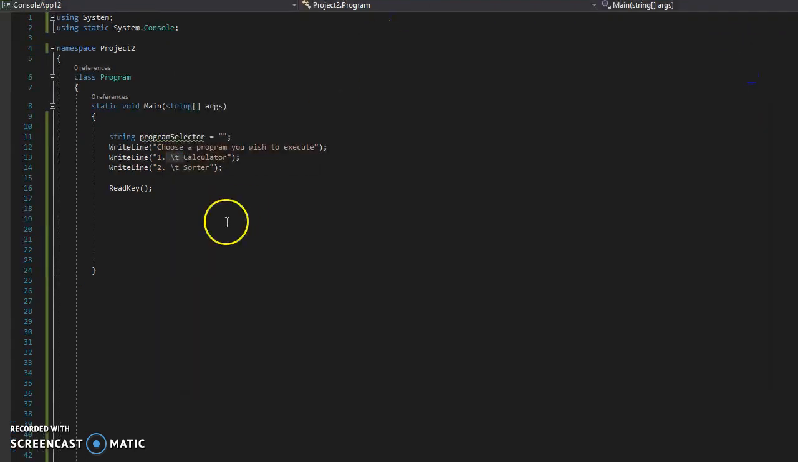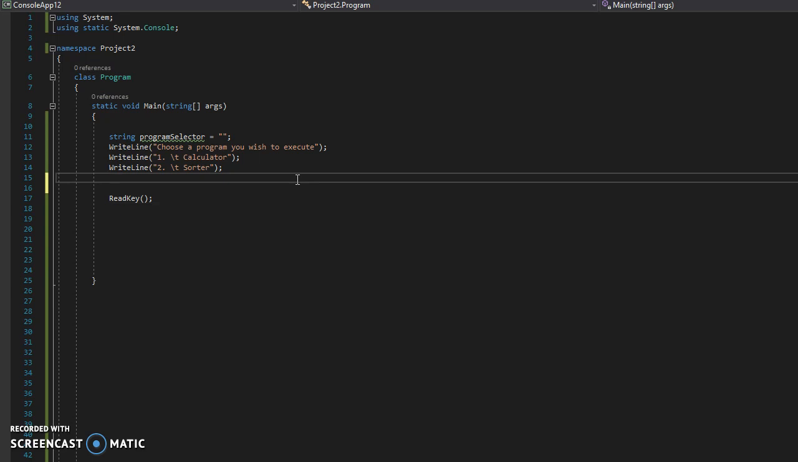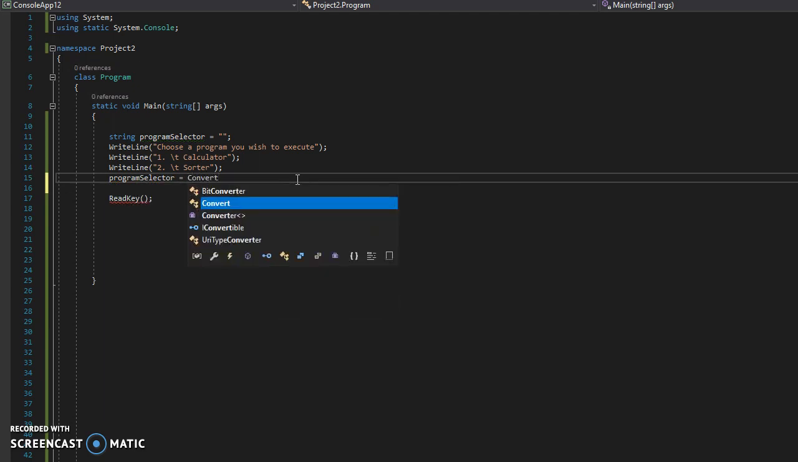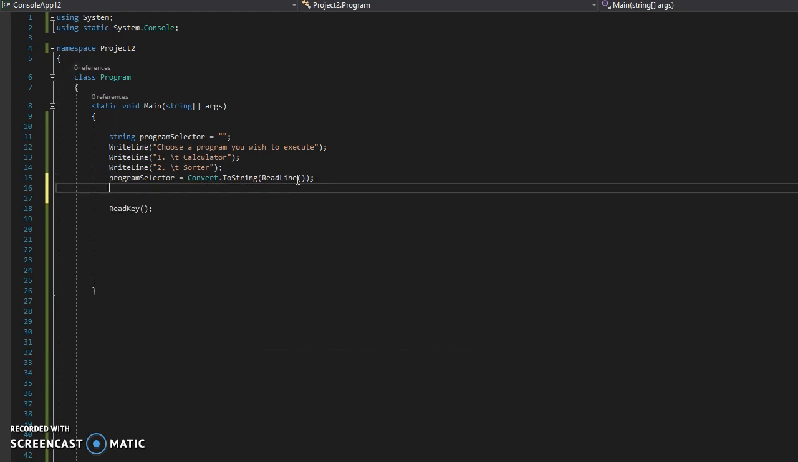Now we're going to close this, make sure it stops debugging, and write our if statement. Oh, well, actually, before we write our if statement, we need to do program selector equals convert to string read line. Okay, and then do our if statement. So if